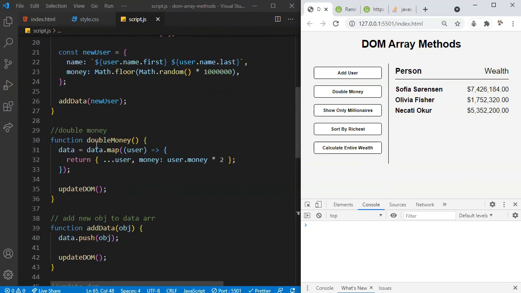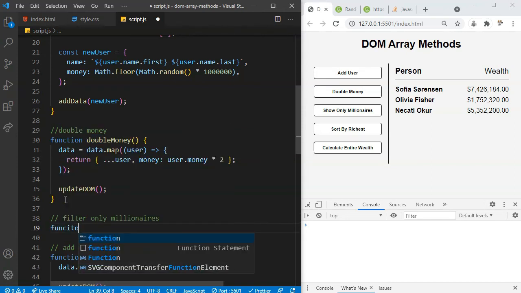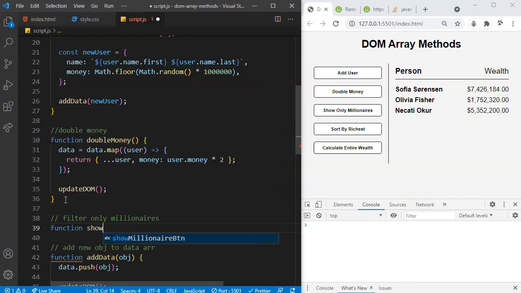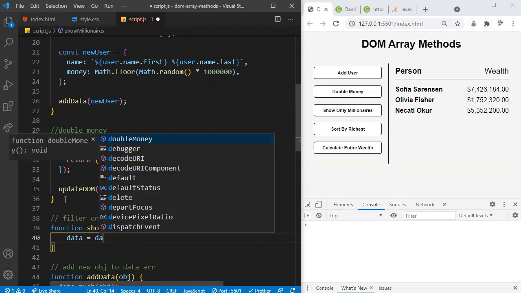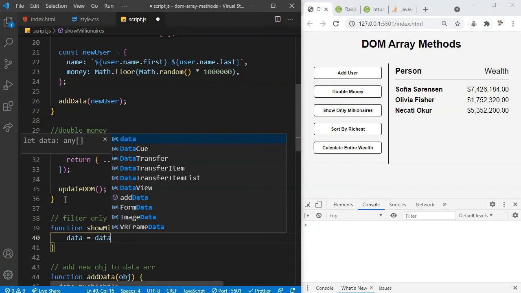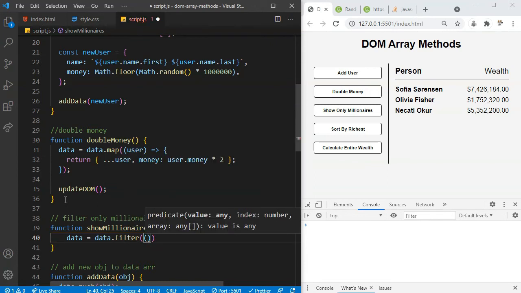Here where we have this doubleMoney, I'm just gonna add one more function. I'm just gonna use the filter method over here, to filter only millionaires. So I'm gonna define the function showMillionaires. It's also going to return a new array, so I can actually modify it directly by saying data, and here I will access the data which is present currently. So here I will perform the filter on each user,